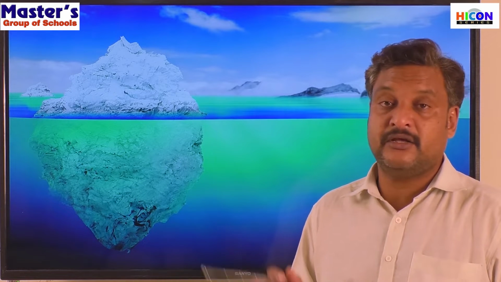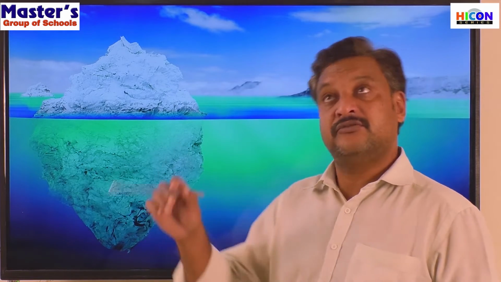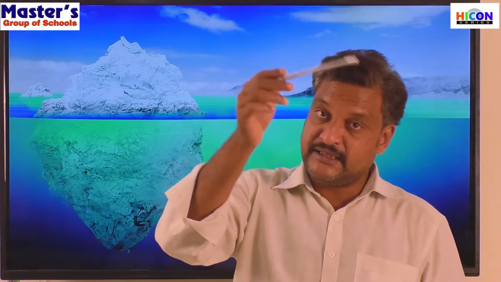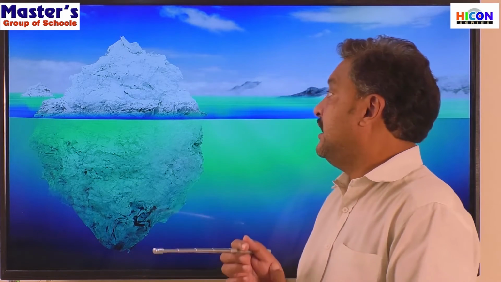The Atlantic Ocean is the busiest ocean, and these icebergs from the Arctic Ocean flow directly into the Atlantic Ocean. Okay, from the Arctic Ocean they flow directly into the Atlantic Ocean, and the Atlantic Ocean is busy with ships and all. And these icebergs often cause severe damage to these ships. Most of them can even sink.